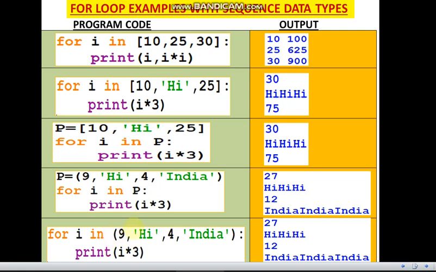And this is the same code, except that we have not initialized the tuple before. We are taking the tuple over here only after the in keyword. So in the same way it will print and it will take all the values from the tuple.